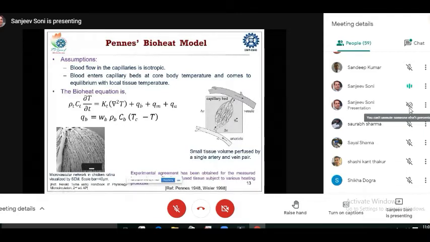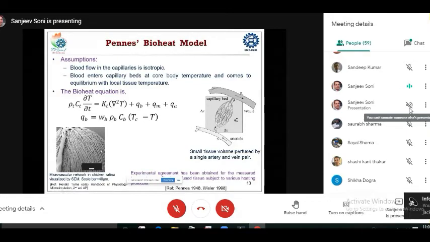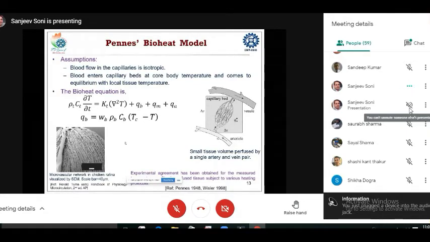For example, if you look at the bottom left, this is an SEM image of a chicken retina. The scale is around 40 micron. You can see there is such a fine structure of blood vessels available, which is common for a healthy tissue, but in the case of tumors, such structure does not exist. So it becomes more challenging to incorporate the effect of blood flow for a tumor tissue.